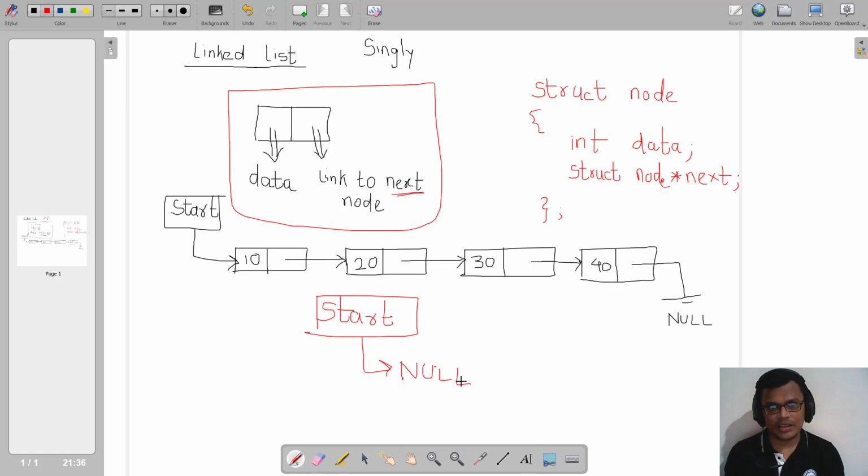Our initialization is that my linked list is empty, and when my linked list is empty, the concept is that start itself is pointing to null. Start itself is pointing to null in that case, right? So let us try to create this environment of our node before we proceed to different operations of linked list. We are going to study different operations of our linked list, but before we deal with those operations, let us write logic for this much part of our code, right?